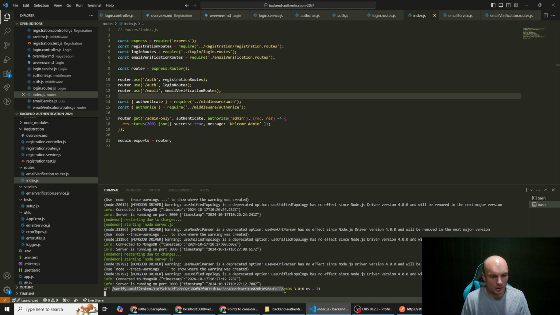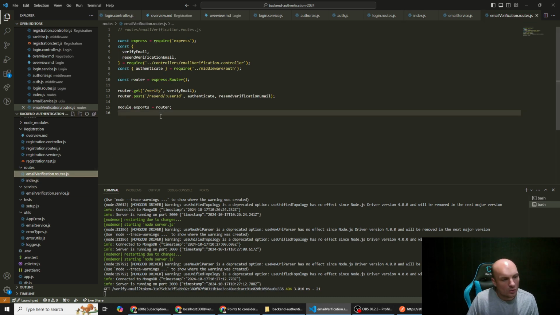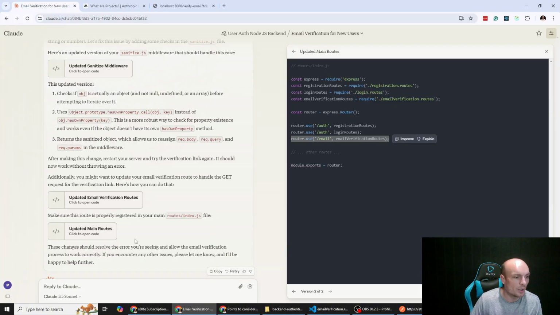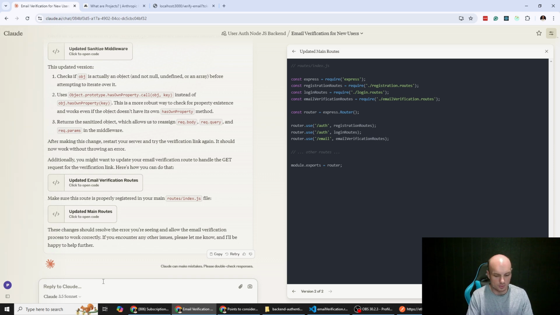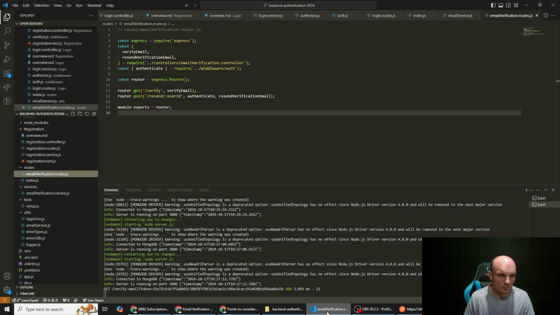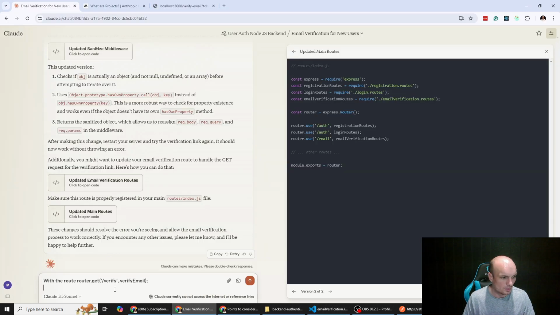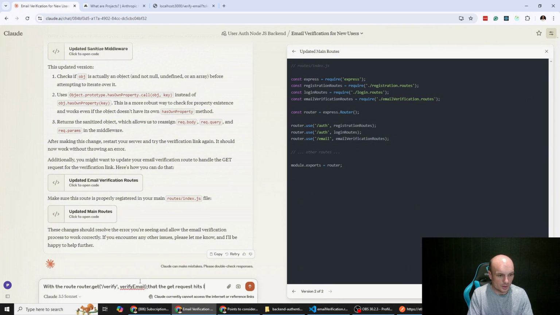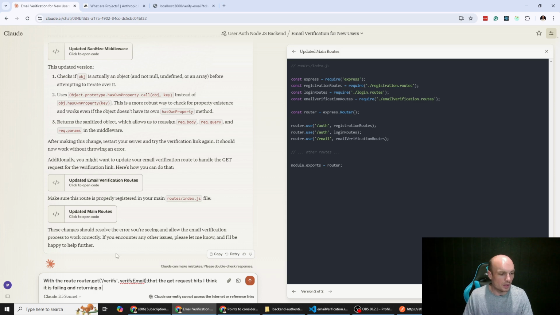The route's not found because email verification user ID. With our route, the route that the GET request hit, I think it is failing and returning a